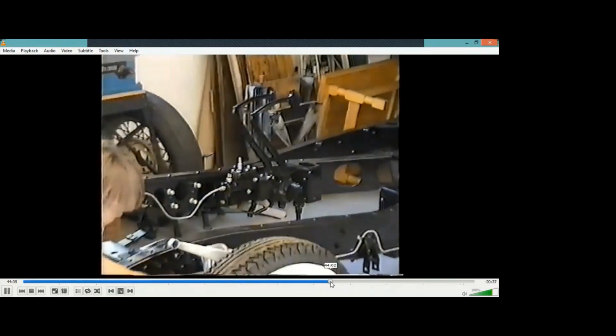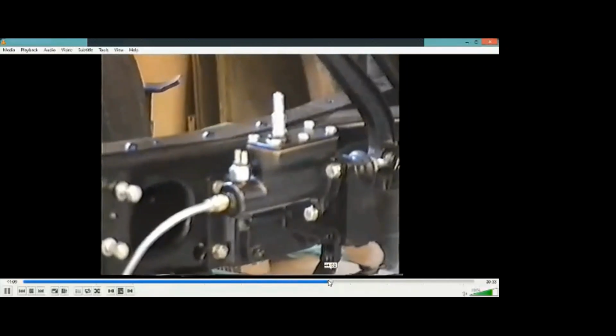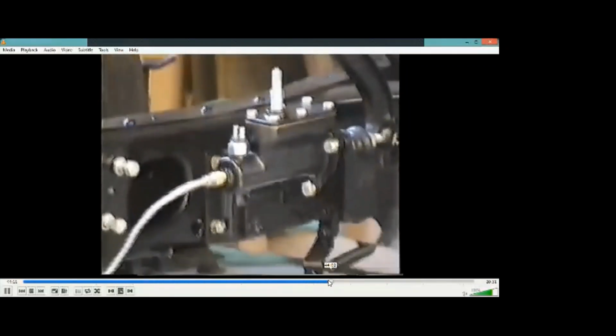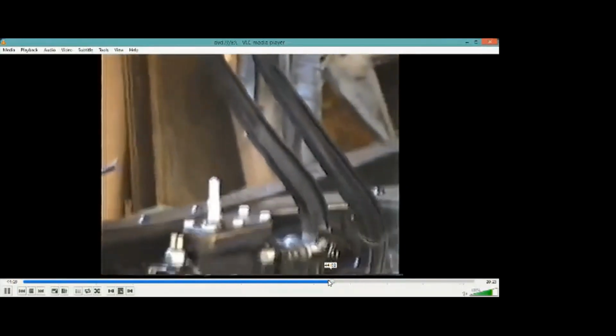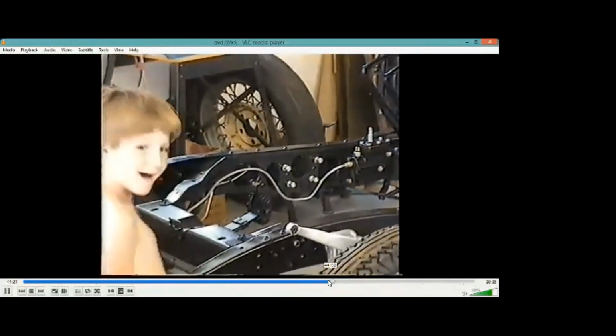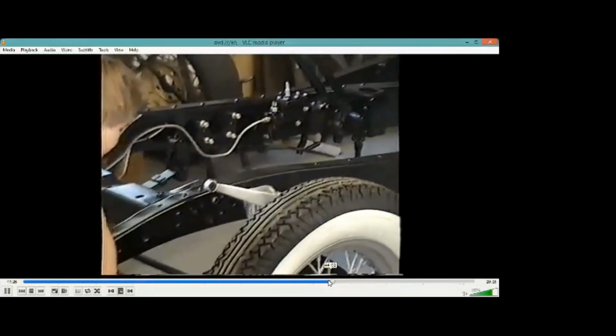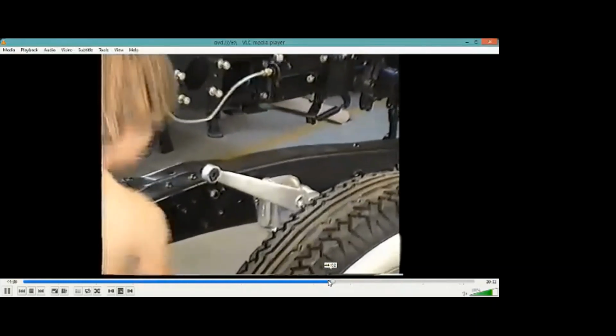This is the master cylinder. He really keeps his head out of the way. Ready? Take your head away, boy. No, it's alright. That's the master cylinder for the brakes, all nicely fixed up. Brake pedals are on. See the brake pipes there. That's the shock absorber that's on, front shock. Can't be connected yet because...